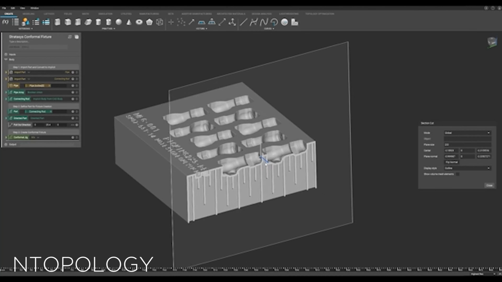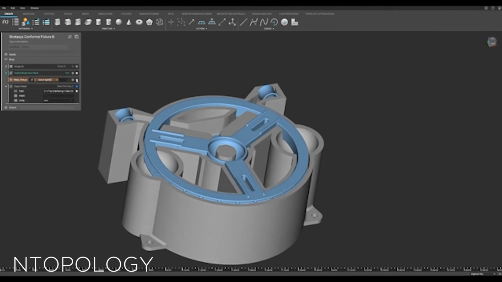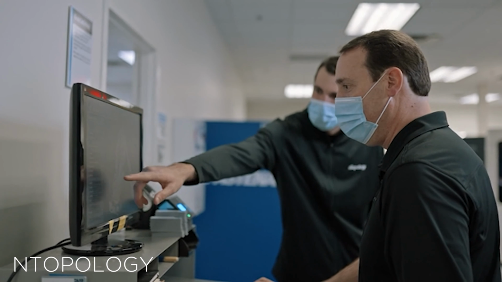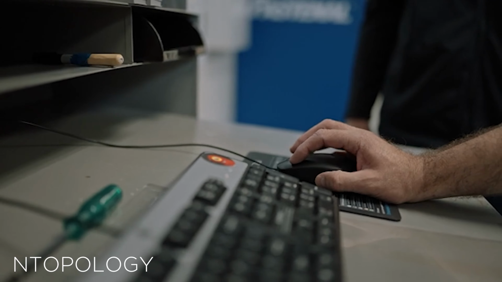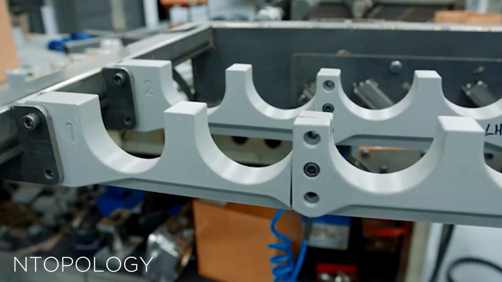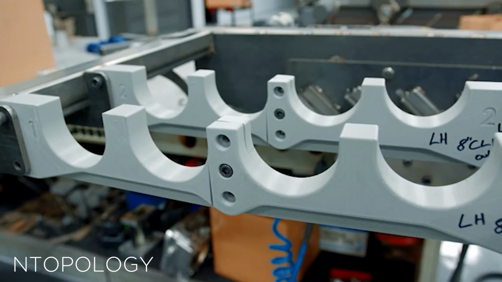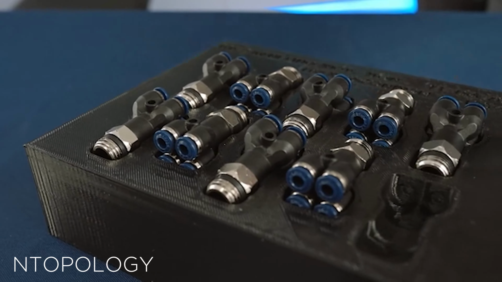Their plan is to create an entire series of design for additive manufacturing, or DfAM, workflows to enable users to make the most out of 3D printing on the shop floor. Now, this is, again, where we've always said the biggest growth is happening on the shop floor. The DfAM workflow can be used for many common applications, such as kitting trays, storage cases, and other simple fixtures